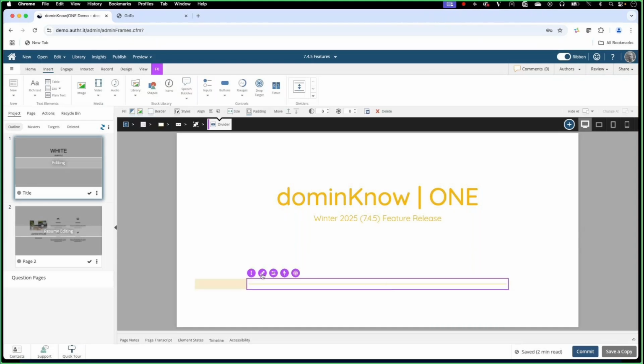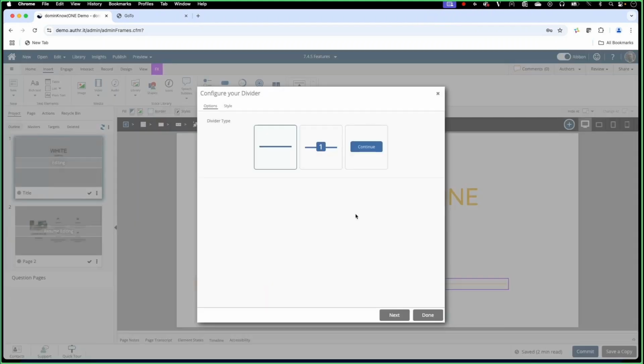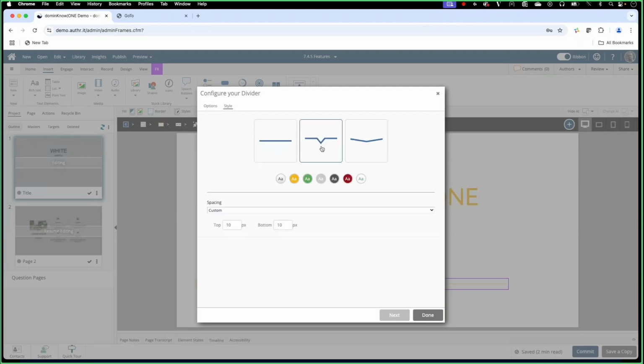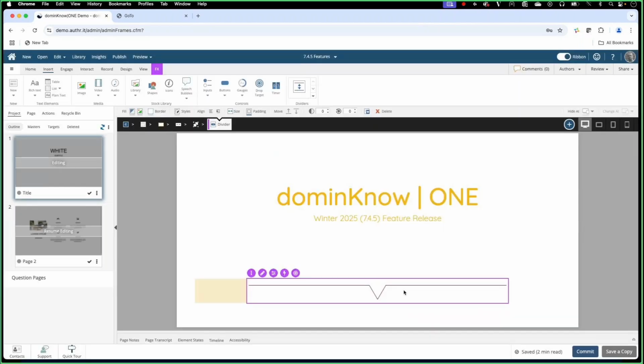So when I've added a divider to my page, I can use the configure your divider panel to set things up. Any of the dividers that you put on can actually be switched to be any of the other types. We've got a line divider here, and if I go to the style option, I could choose to make it with a small V or a large V. I can also change the color setting based on the branding colors that have been set up for my project in what we call the theme. So now I've got the arrow and the small triangle pointing down to help guide people to think about actually scrolling down.